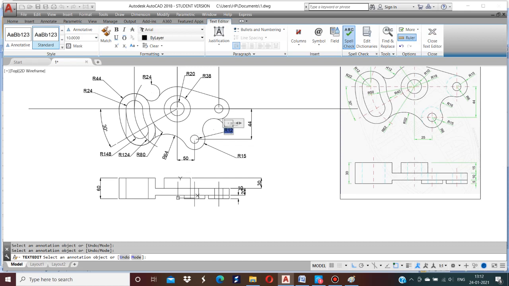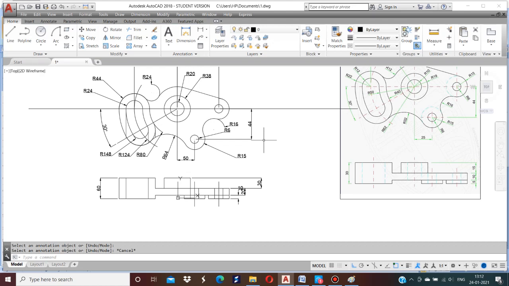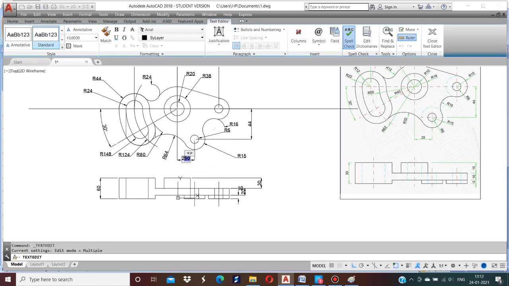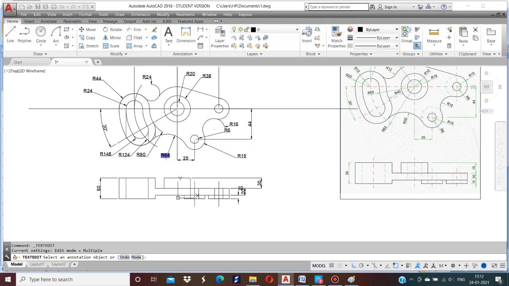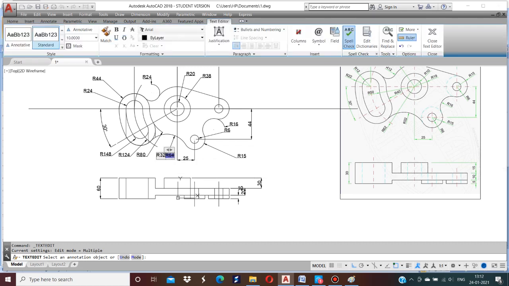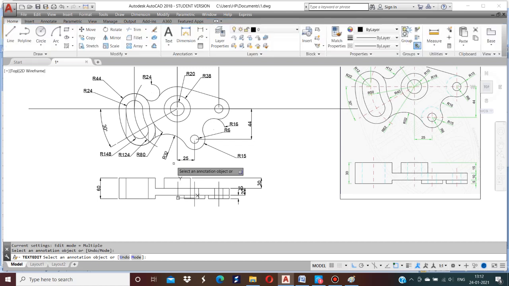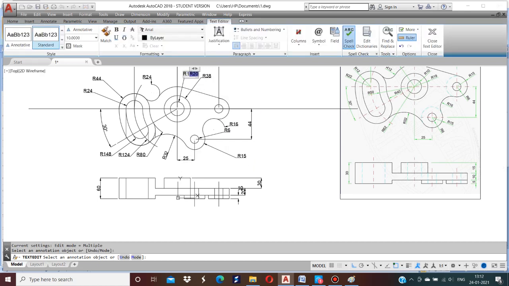Click, type R6. Here double click, type R16. Here double click, type 25. Here double click, type R32. Here double click, type R10.